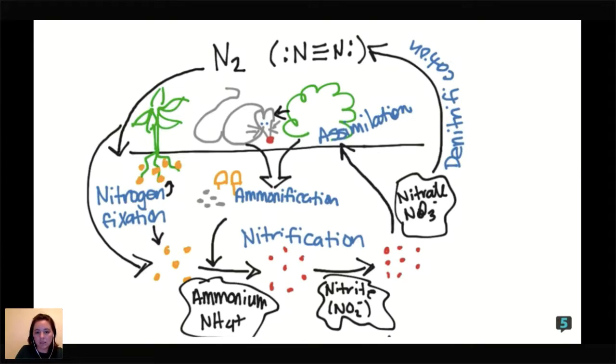All right, here's a quick poll. What is a way that nitrogen is fixed out of the atmosphere? Organisms breathing, super awesome bacteria, or plants doing photosynthesis? So go ahead and chime in on that poll. What is a way that nitrogen is fixed out of the atmosphere so that plants and animals can use it?